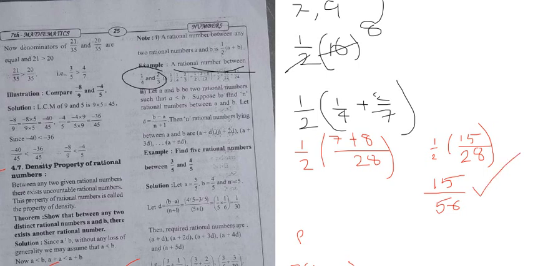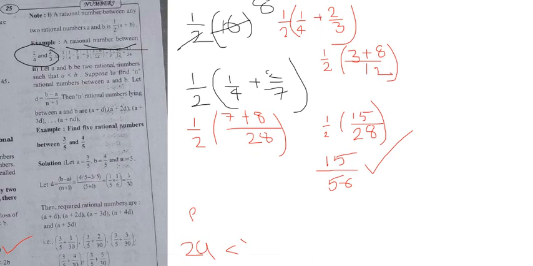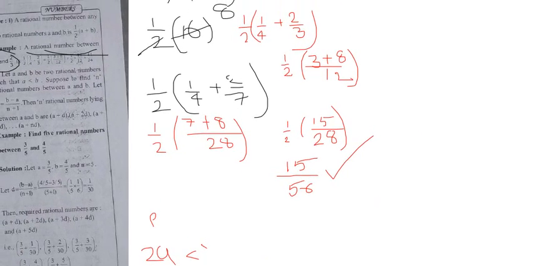So instead of that, what they are giving is 1 by 4 plus 2 by 3. I wrote 2 by 7. And the multiplication is how much? 1 by 2 is common. The LCM of 4 and 3 is 12. Here is 3, and 4 2s are 8. And next, here see, 1 by 2, 8 plus 3, 11 by 12.